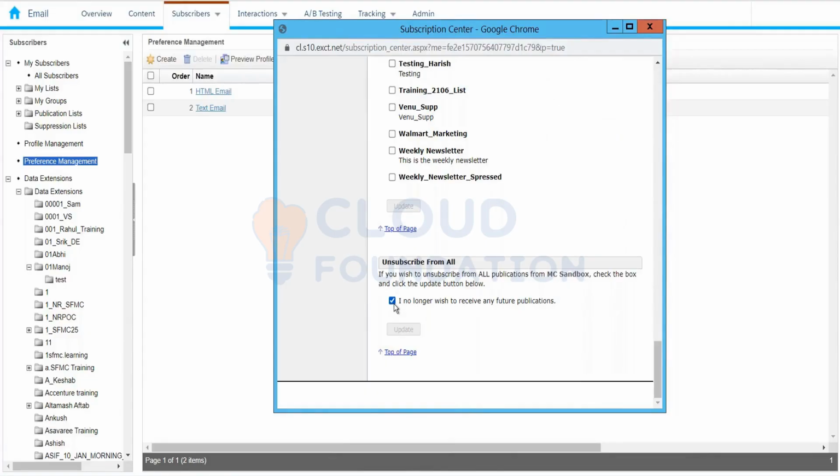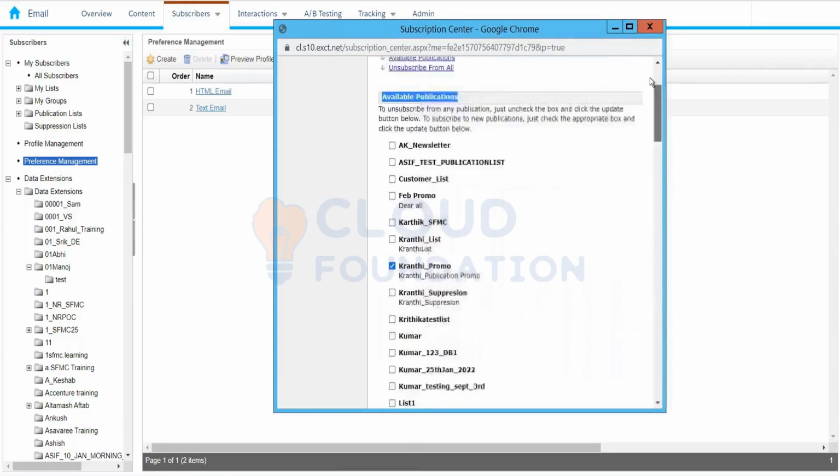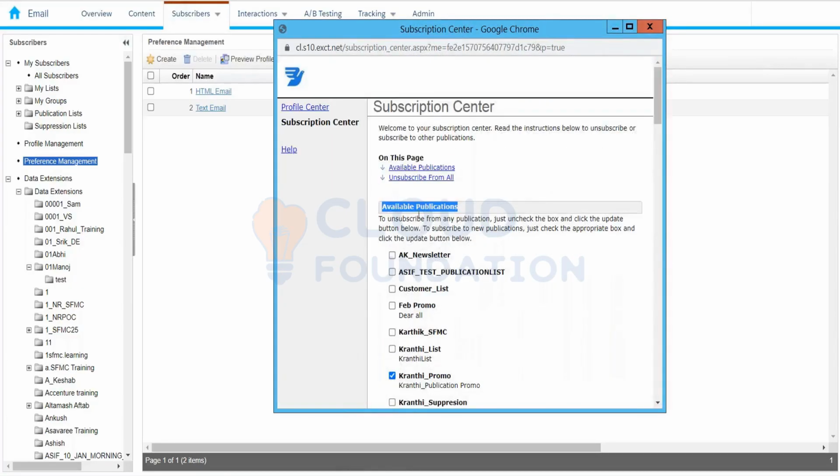Unsubscribe from all, which allows customers to unsubscribe at the master level. I don't want to lose the customer very easily. That's the reason we have this publication list. And that's the reason